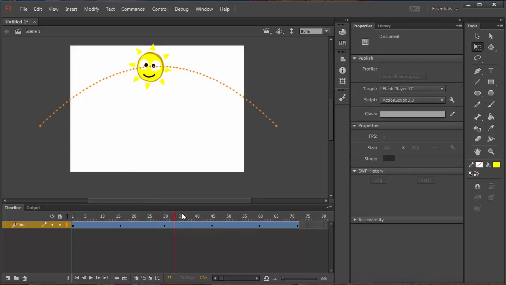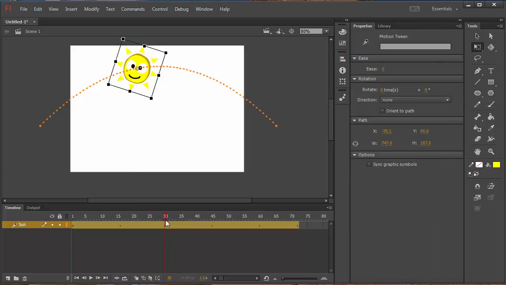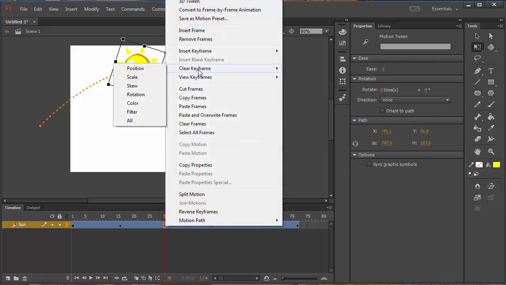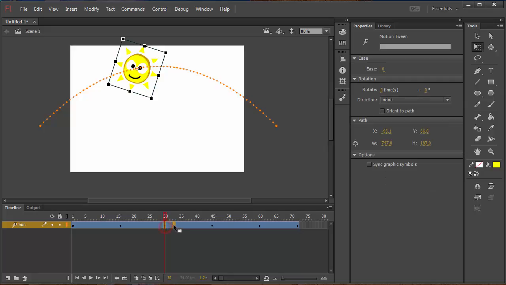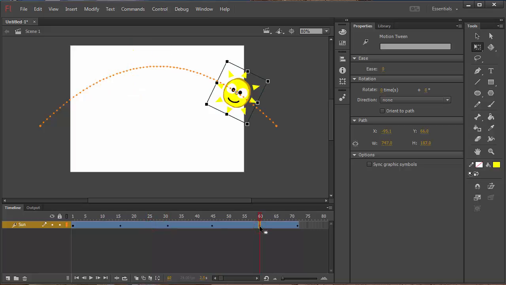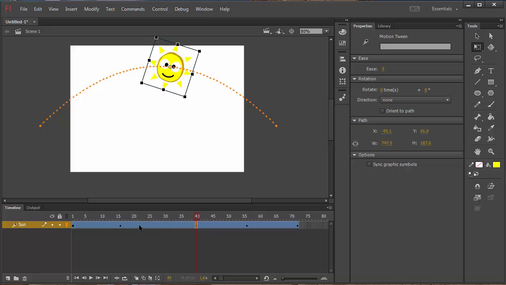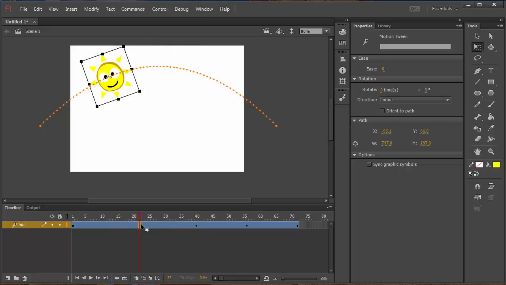And if I decide I don't like how quickly that animation is rotating, or I don't like it at all, I can always Control click on any of these keyframes. I can go to clear keyframes and just get rid of them, and it'll go back to before that happened. I can also Control click on a keyframe and drag it. If I drag two frames closer, what happens between them will happen more quickly. If I drag them further apart, it'll be more slowly. So let's say I want to remove this keyframe and drag all of these out so that they're a little further apart. That would slow down the rotation animation. So now when I play it,